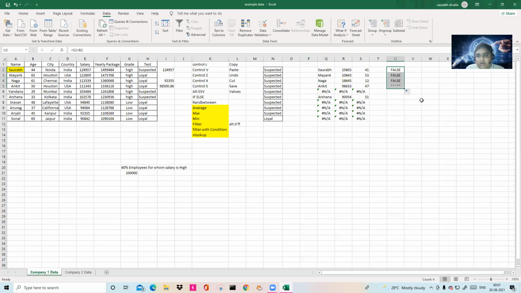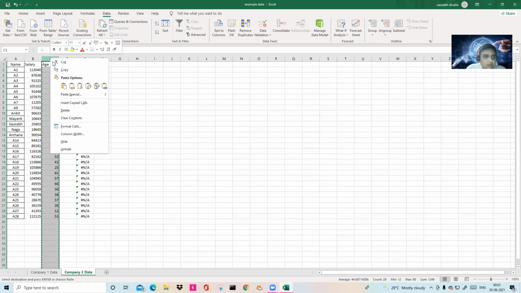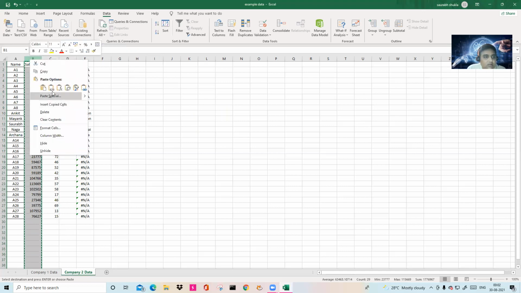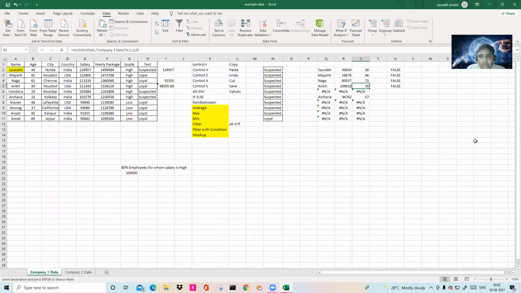Why it is changing, I will tell you, because they are random numbers. They are generating them randomly. Every time you press enter, it will generate some random numbers. And I told you how to change these random numbers to fixed numbers. Just Control C means copy, and Control V means values. I will do that. Values I have done, Alt TSV, which I have told you. This is the value function. Now this will not change. For salary also, I will say Control C and then Alt TSV. This is the shortcut Alt TSV. Now this function has gone, but the data will be there. So here it will not change.